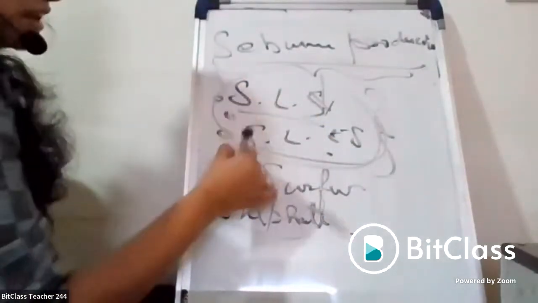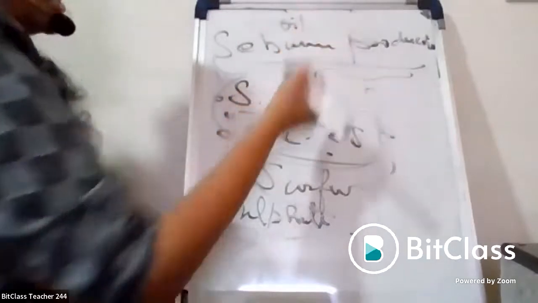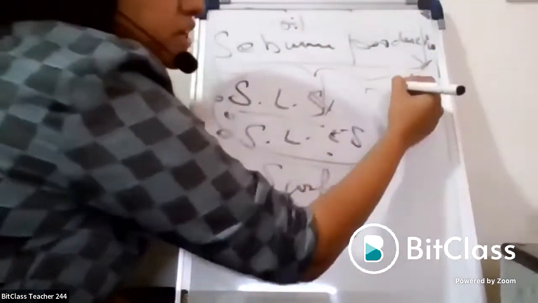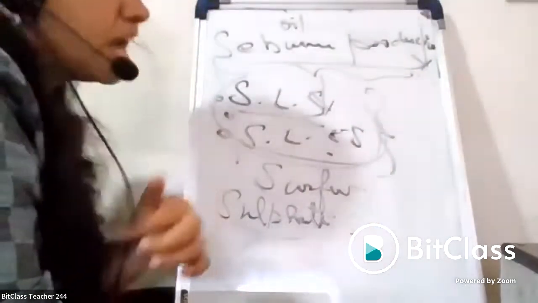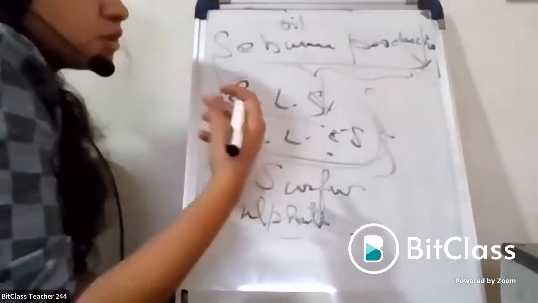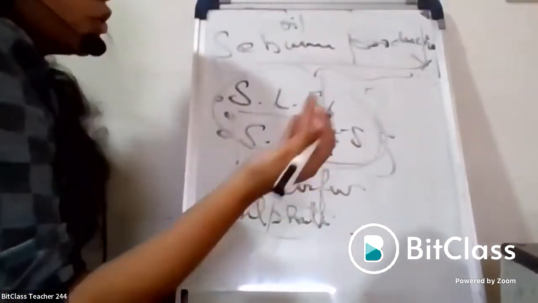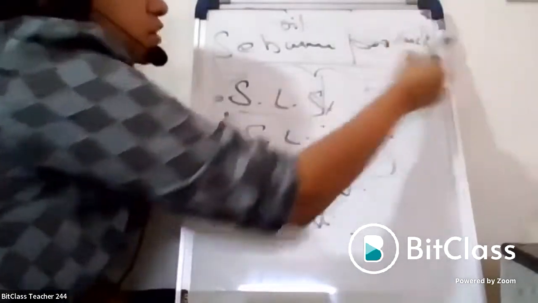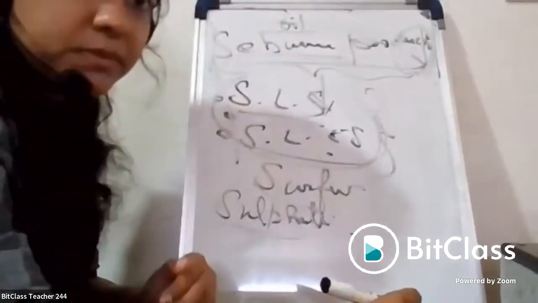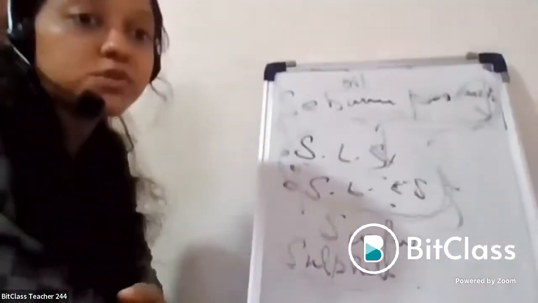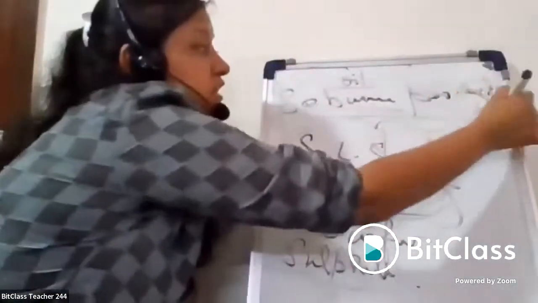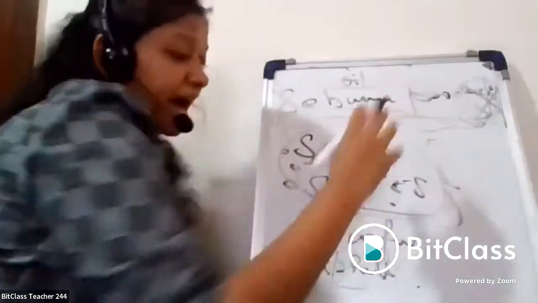So these sulfates will take off all the oil in the skin. When the oil is decreasing, what will happen? You will get small wrinkles all over your skin, and your skin's age will look a lot older than your actual birth age. That will happen when there is no oil content at all in the skin. But when there is too much oil content, again a problem is there. Your pores will start to clog, and you will have small pimples. So to avoid all these things, you have to keep your sebum balanced throughout.